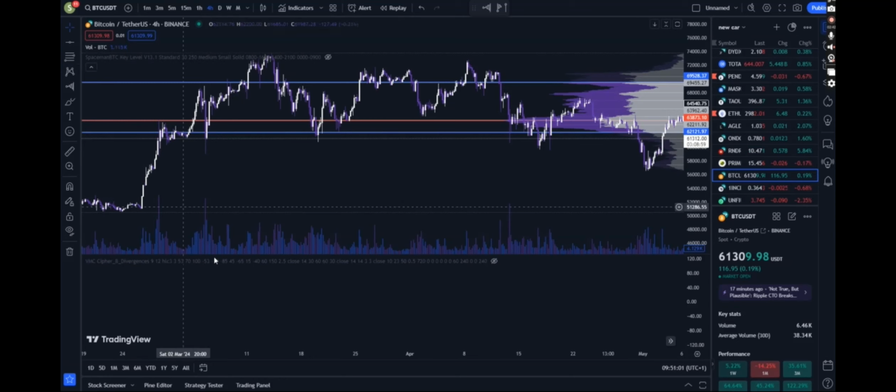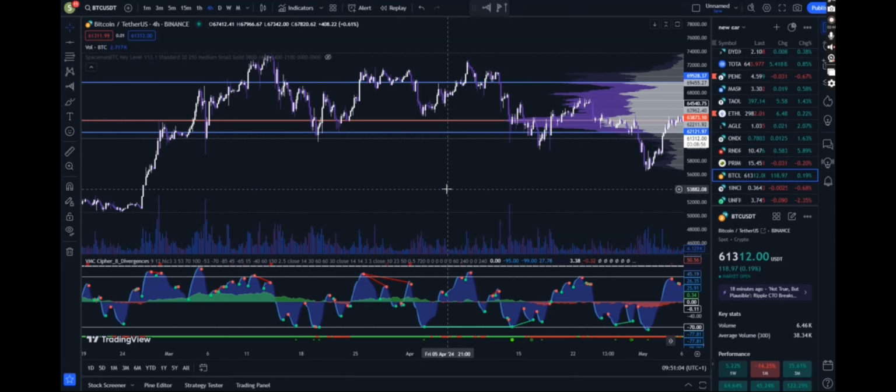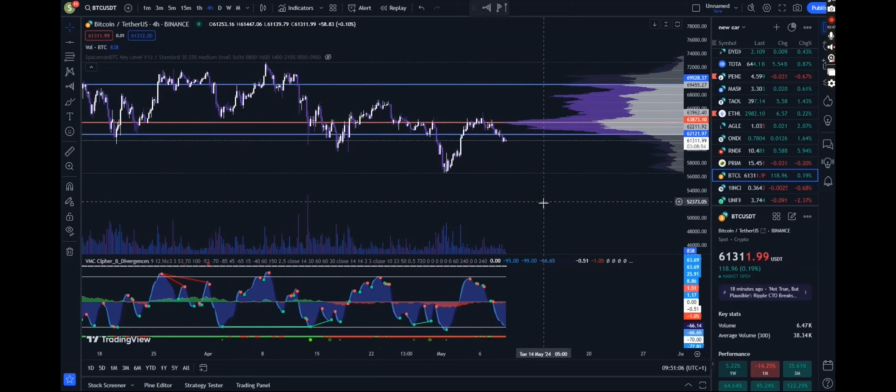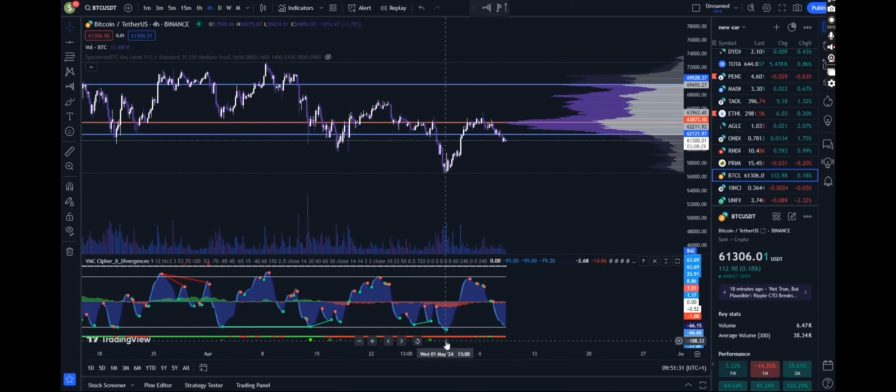You can also use something else here. You've got something called market cipher. So these red and green dots are when money's flowing out and money's flowing in. At the minute, with this red line here, you've got money flowing out of Bitcoin, but you've also got the area of where it's actually come down to at the minute. So these green dots here, what a buy, and another confluence to help you with that,